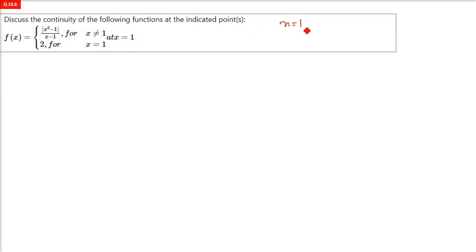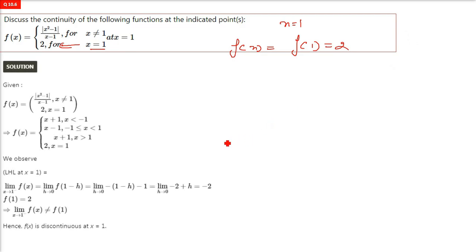Now discuss the continuity of this at x equals 1. So when we take the f(x), that is x is equal to 1, what do we get? We get direct value as 2. So f(1) is 2. What about this? There is a modulus here. So when we have a modulus like this, the way I am going to tell you, see, modulus x is always x when x is greater than 0, or x is positive. The value of modulus x is negative x when x is less than 0,